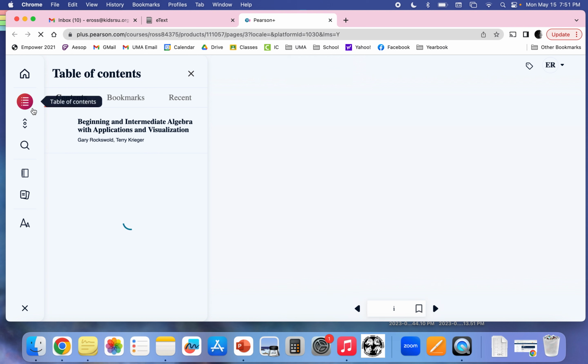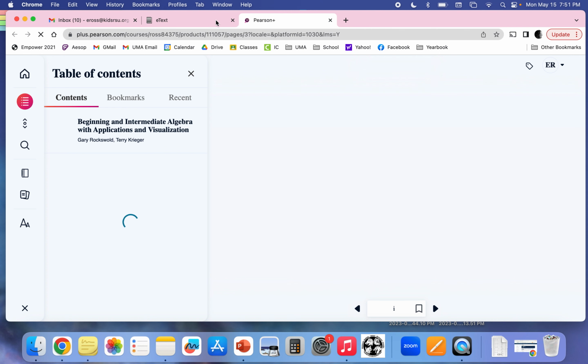That'll pop up. I don't know why my internet's being slow right now. But this will just be the textbook. And over here on the left, you can go home. This little table of contents will pop up and you can go directly towards the section or the chapter that you want to go in. If I go back to the MyLab,